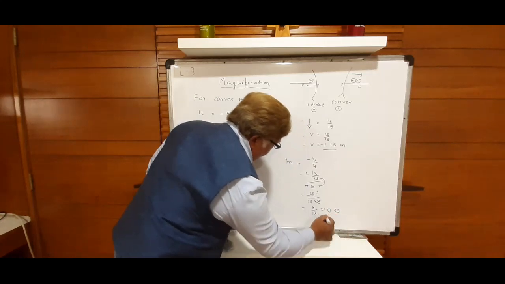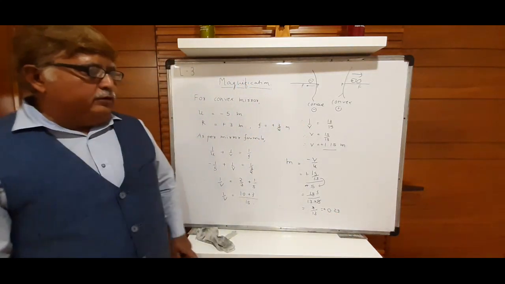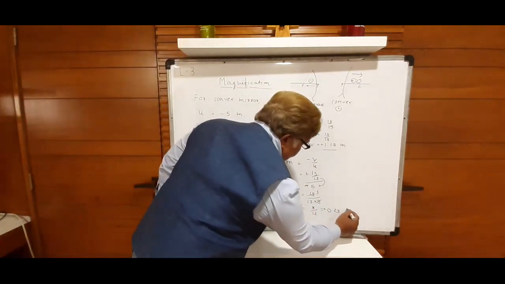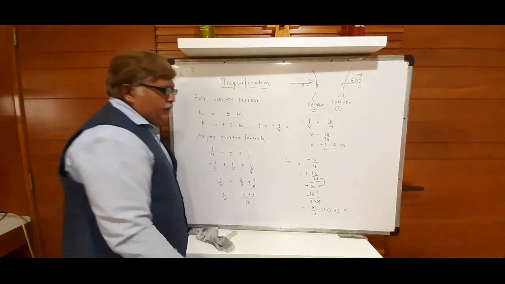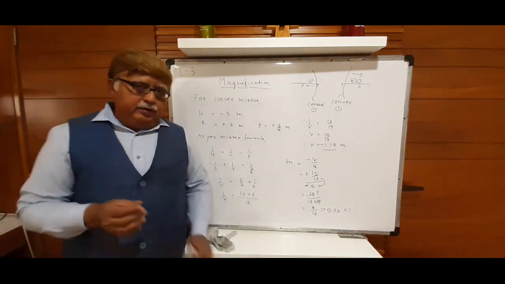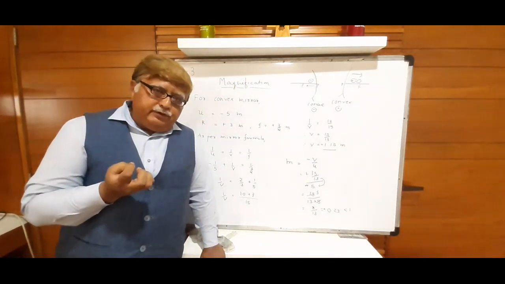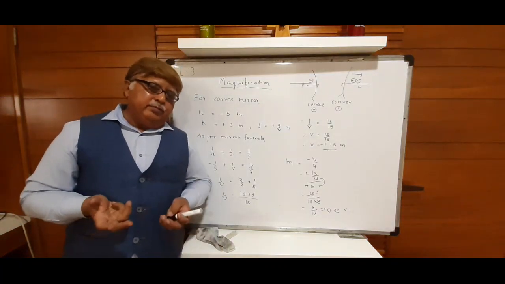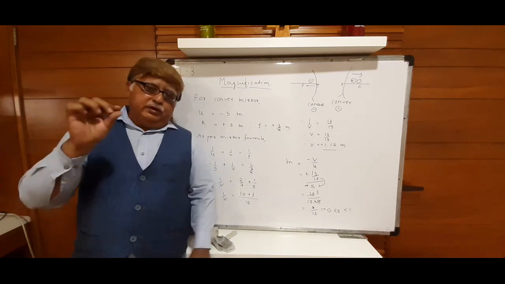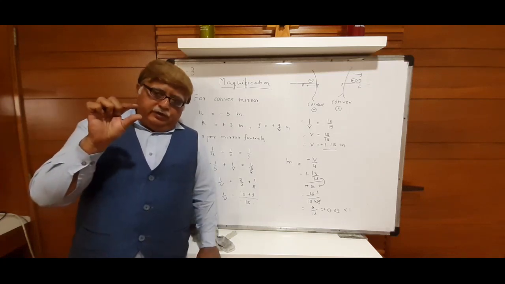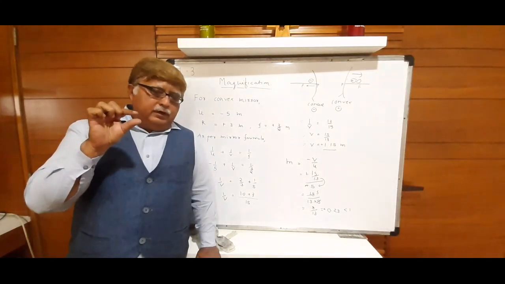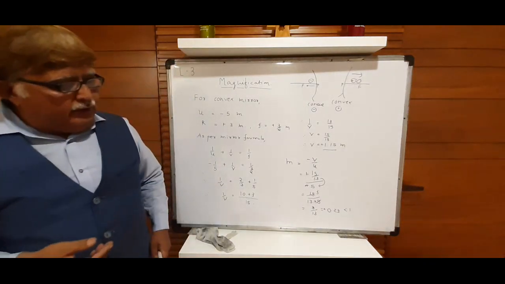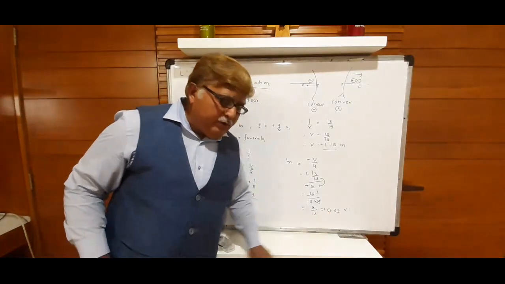Okay, and positive. That means what? Because magnification is positive and less than 1, this suggests that the image size, means image is quite smaller compared to the object. It is seen as, observed as quite smaller, tiny image, understand, in rear view mirror. Okay, this point becoming more clear to you.